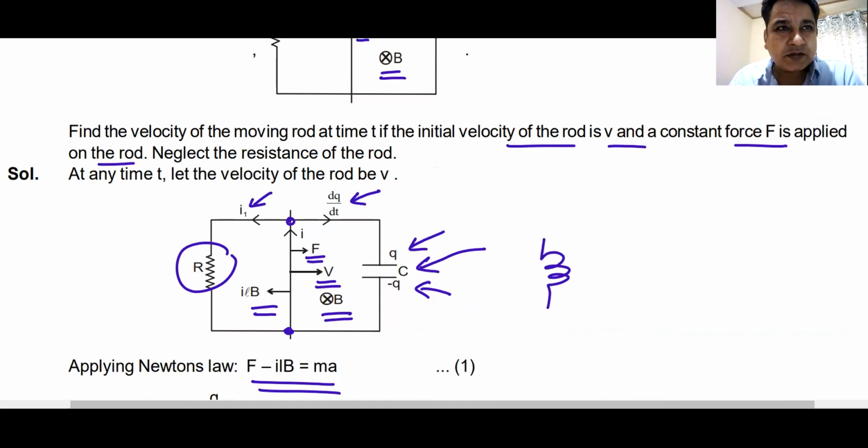But even that can be done. We'll see if I can find a question of inductor. I think it was in SC Verma. I'll see if I find a question where you have an inductor in the circuit apart from the capacitor. That is the only question that is left. Else we have covered almost everything that was possible. In the next class, we'll be doing the rotating disc, rolling disc, and see how it affects. How do you find this induced EMF?